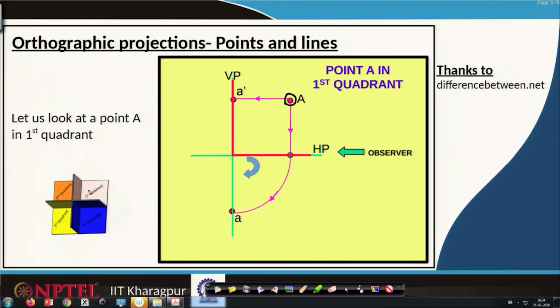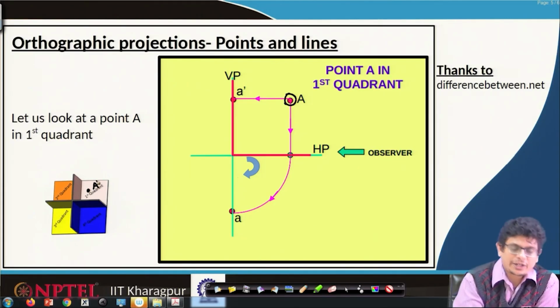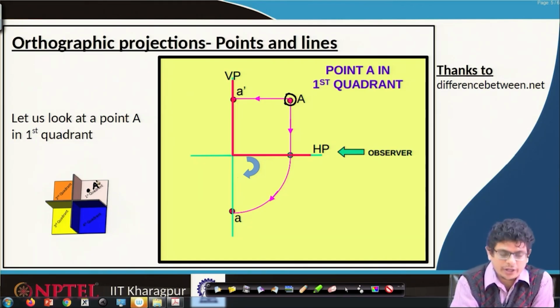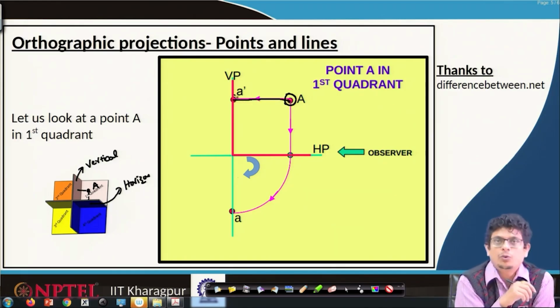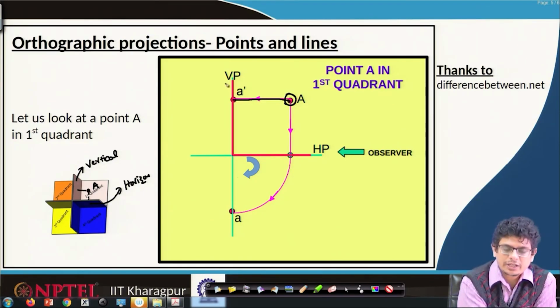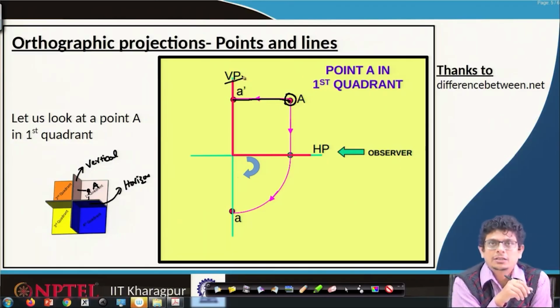Though it is placed in the first quadrant, the projections we are going to see are on this vertical plane and on that horizontal plane. So, here point A is projected onto the vertical plane, and the notation for our engineering drawing is